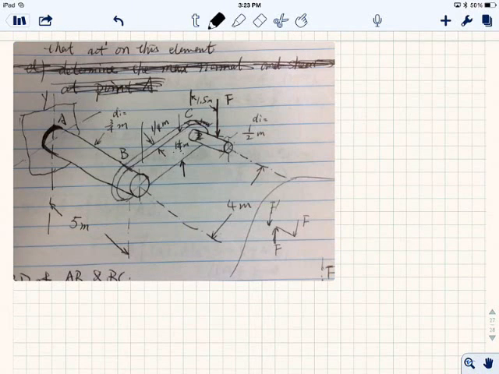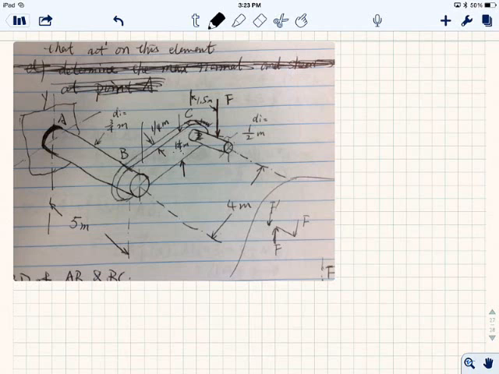So there's three beams here, AB, BC, and CD over here. I guess in the future I'll try to take a picture from the book. The diameter of AB is 3/4 of a meter, and the length of AB is 5. From BC over here is 4 meters long, and it has a width of 1/4 meter and a height of